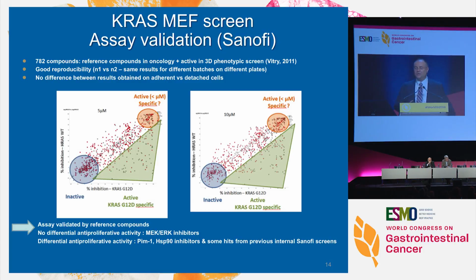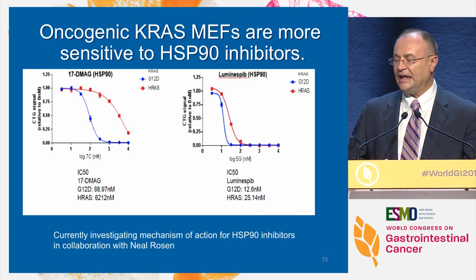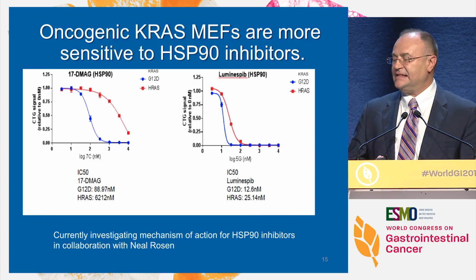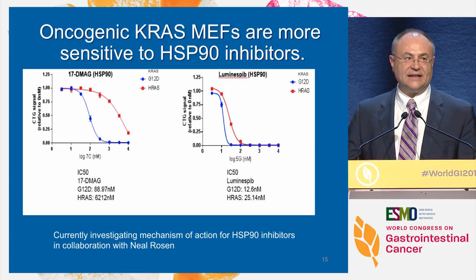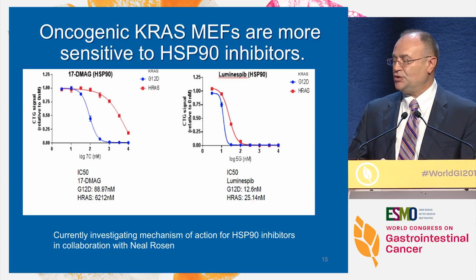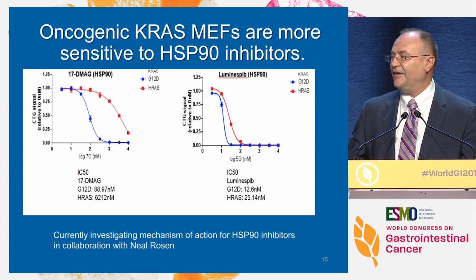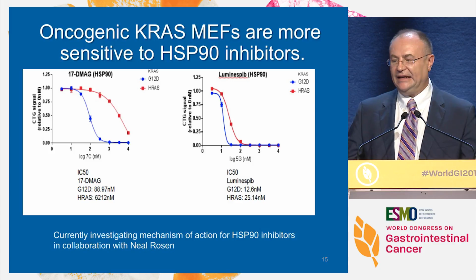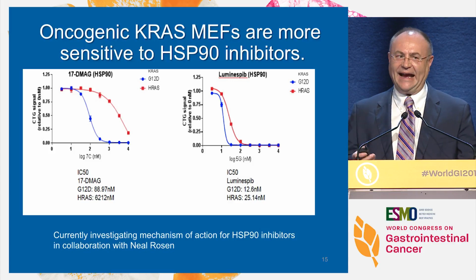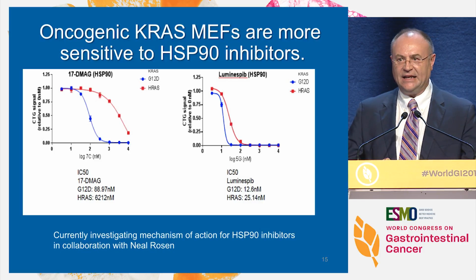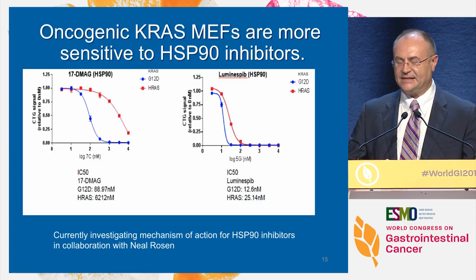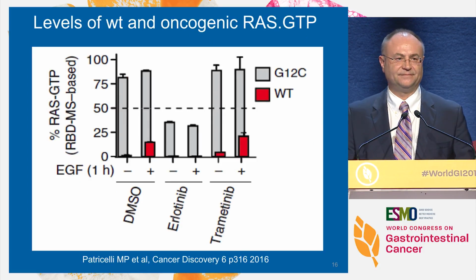But what came out was HSP90 inhibitors may be very differential to very specific RAS mutations. And when you look at the IC50 plots, you see that these two HSP90 inhibitors seem to do very well in KRAS mutation here tested in G12D, and these are now being evaluated in preclinical and early clinical trials. So there is some light at the end of the tunnel to see by specific screens that certain drugs may actually help us to treat this patient population.